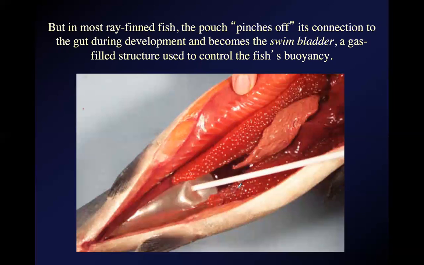It still is able to absorb gas. Well, it still is able to pass gas into the circulatory system or receive gas from the circulatory system, the way that your lungs pass oxygen into your circulatory system and receive carbon dioxide from it. But the fish in this case uses that not to breathe, but to control buoyancy. Controlling the amount of gas in the swim bladder determines at what level the fish rises, floats in the water, whether it rises or sinks.